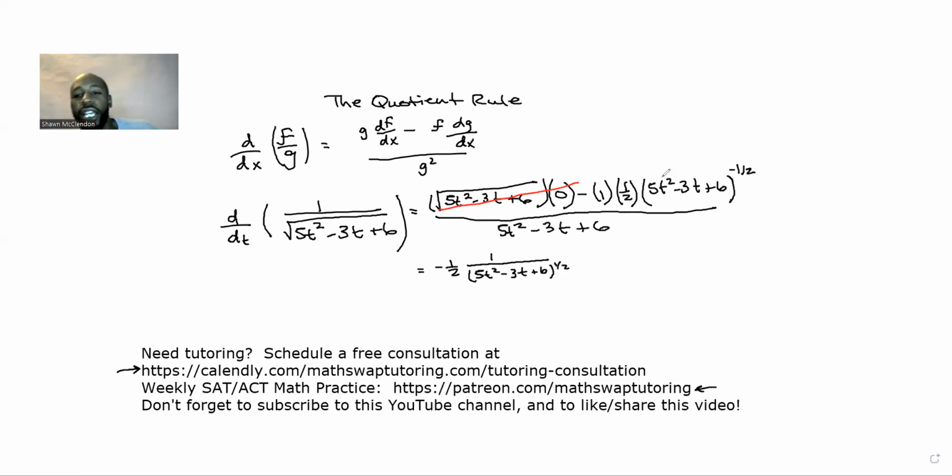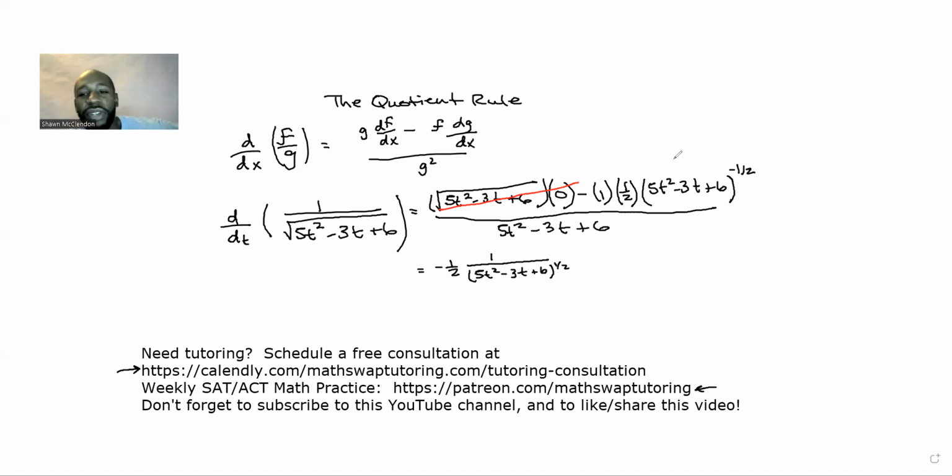Now, the way I did that is because this is being multiplied by this polynomial to the negative 1/2 power. So I went ahead and put it in a denominator. So it'd be to the positive 1/2 power. And since it's divided by this, it's going to be essentially,